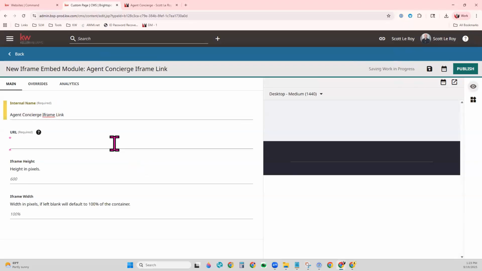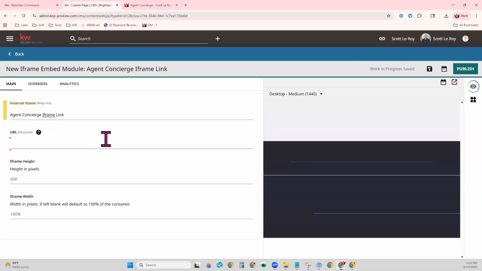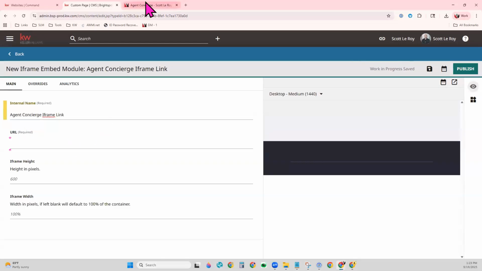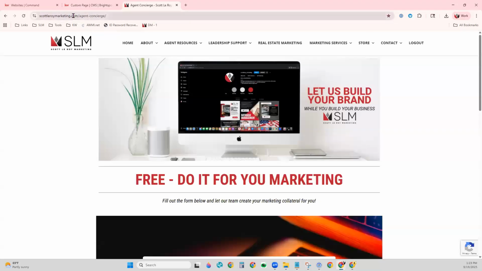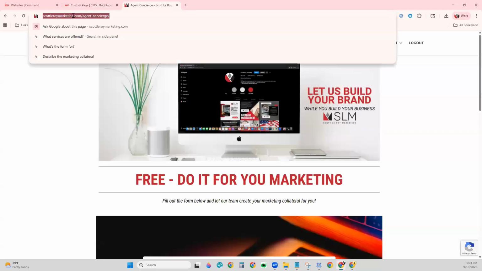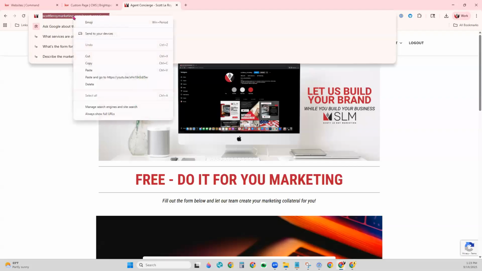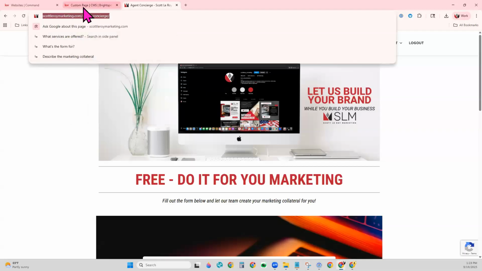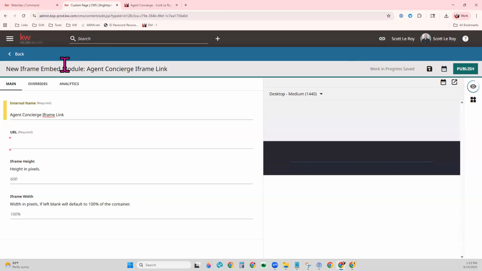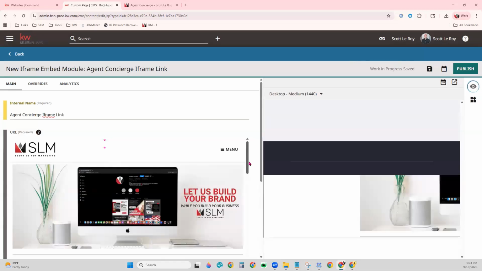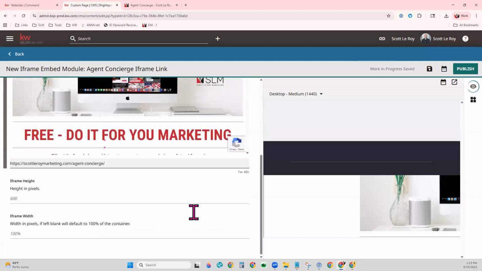And then we will want to add the URL right here. So this is where you go and get it. You would go to that third-party site, the website. Go ahead and click into the website address bar at the top. Right-click and copy that link. Go back to your custom page iframe module where you're building it, and then go ahead and paste that URL right into the URL line. You'll see a preview come up on the left and the right,